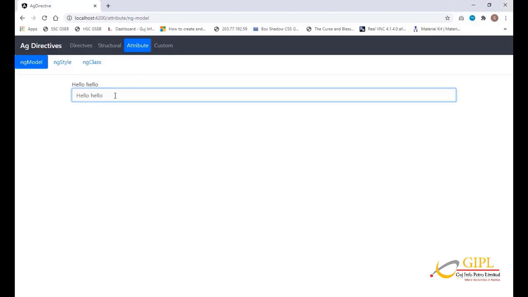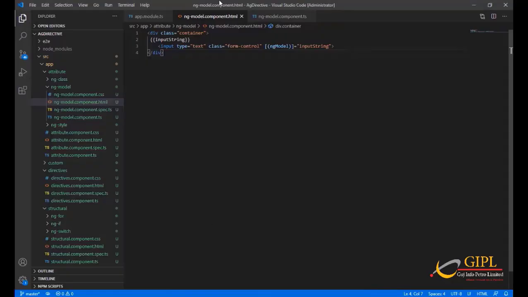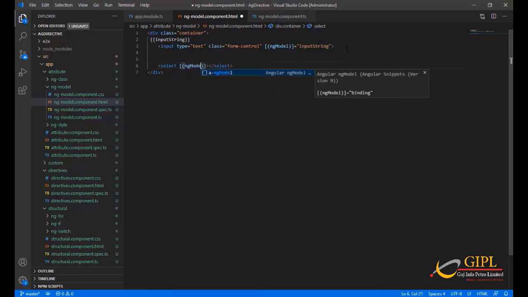Same way, we can add one drop down and set ngModel. Select ngModel equal to selectedValue.